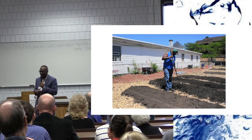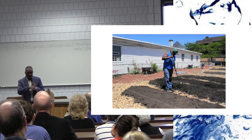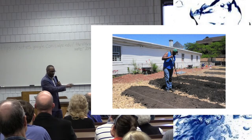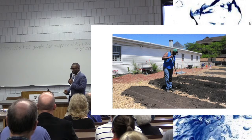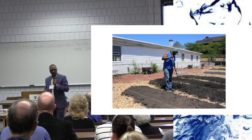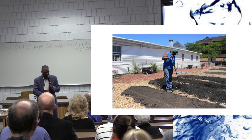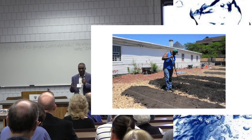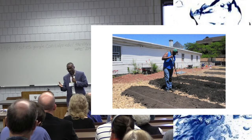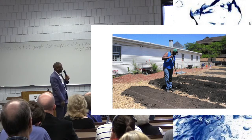Why do I call it a dump and not a desert? Because in a desert, very few things grow. But in a dump, you can go get food anytime you want to. You'd be fighting against the rats and the birds and all the rest of those animals, and you probably don't want to eat food out of a dump. But in Gary, we have grocery stores that sell us food as if it comes from a dump. And we have limited options and choices as to what we do. And so this is a way for us